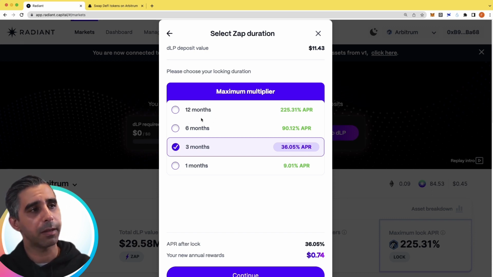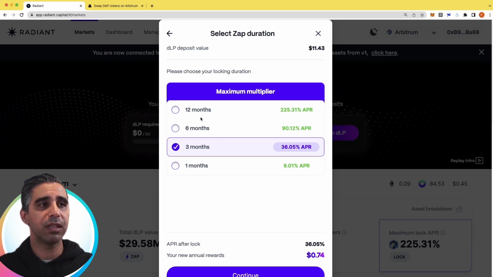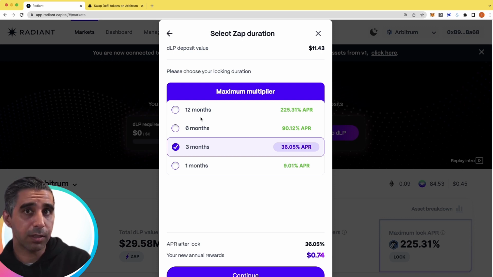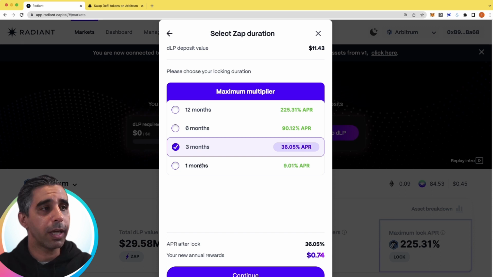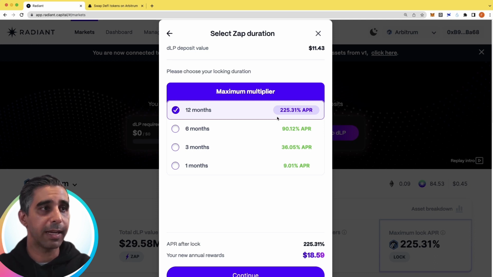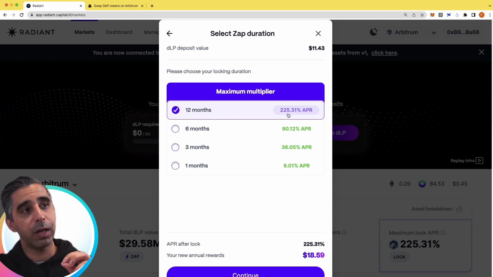What am I picking here? So this is to do with the fees I would earn on top of the emissions that you would earn in the money markets of the RDNT token. So by locking your DLP for longer, you're amplifying your APR. So if I were to pick 12 months here, I would get up to 225% APR